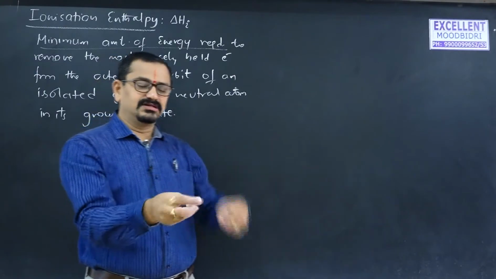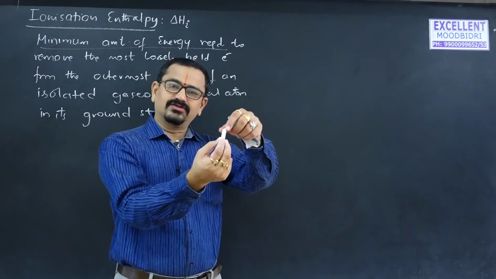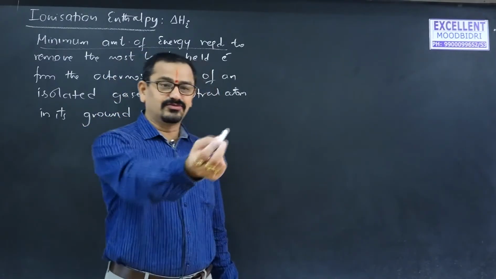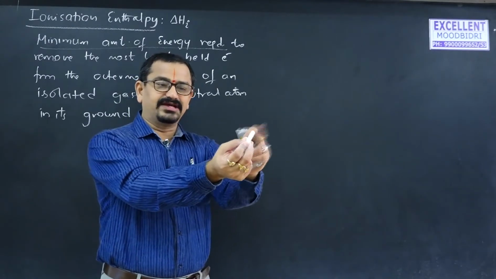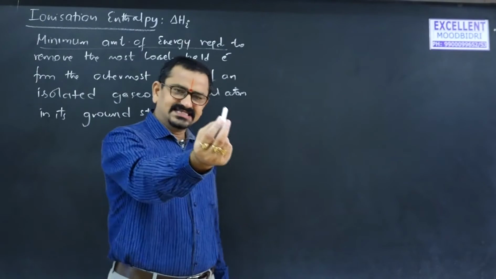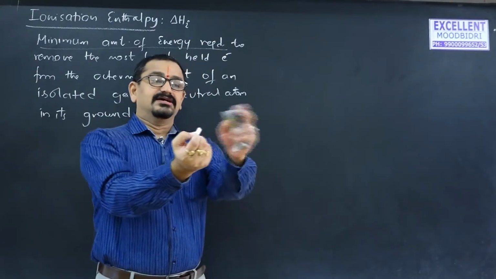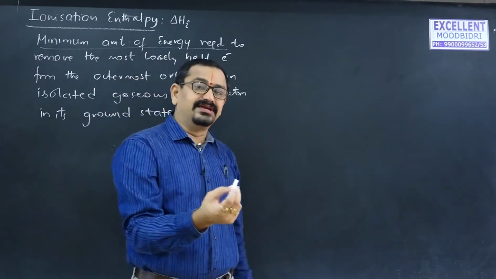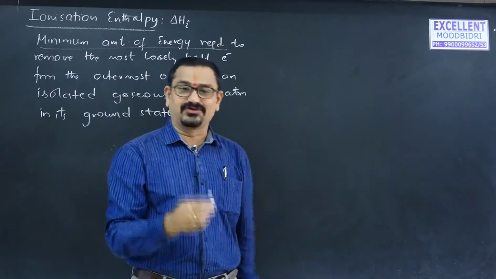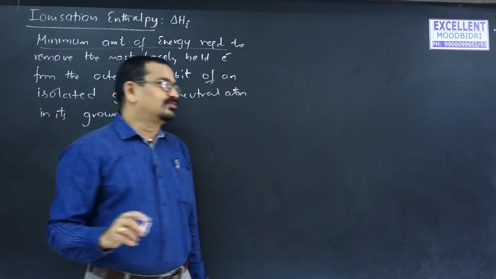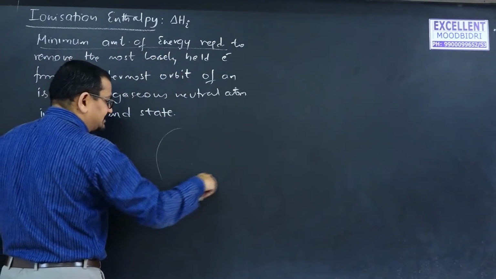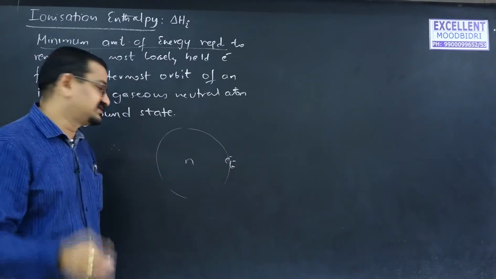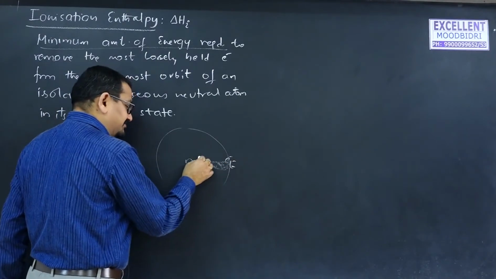Suppose someone wants to take this electron while I am holding it like this, they have to spend some energy, yes or no, because otherwise they cannot take it out of my hold. As this electron is under my influence, for someone else to remove it, they need to spend some energy. This is a practical thing. And one more point is, when an electron is existing around the nucleus, it is with some energy.